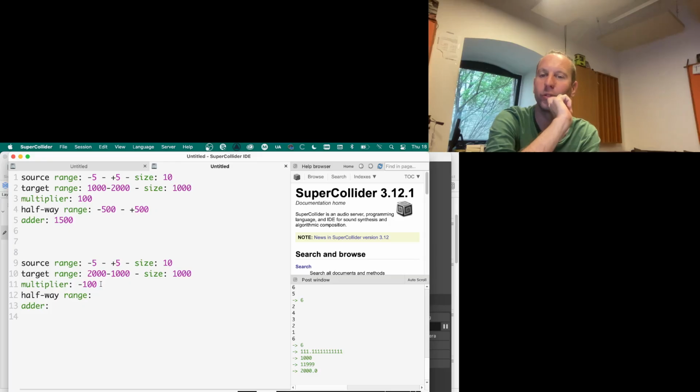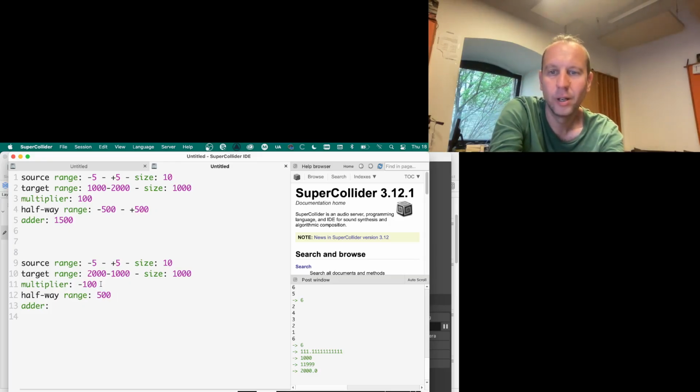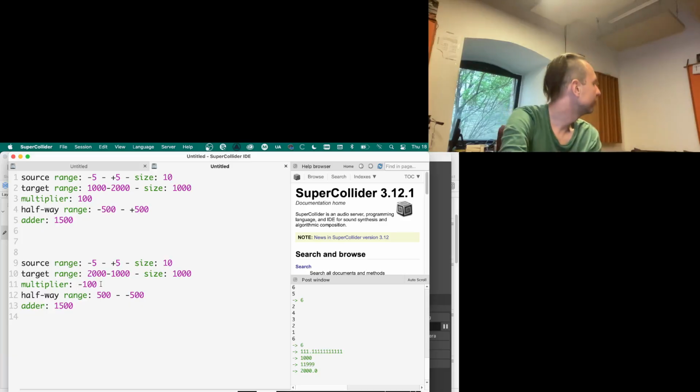Minus 100 times minus 5 is plus 500, and plus 5 times minus 100 is minus 500. So I get the range 500 to minus 500, just as I got it here, right? So how much is the other? This needs to become 2000, this needs to become 1000. The other is the exact same thing, it's 1500.